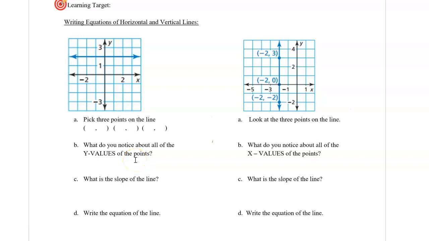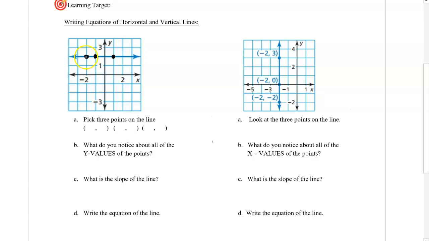In this video, we are going to be writing the equations of horizontal and vertical lines. We're going to start by looking at a horizontal line. If you were to pick 3 points on a horizontal line, any 3 points, what I'd like you to notice